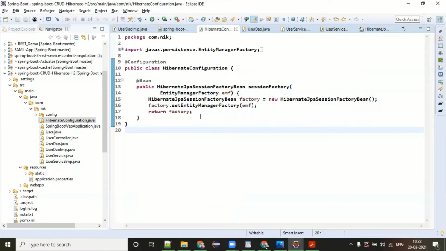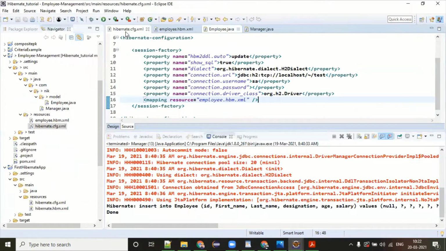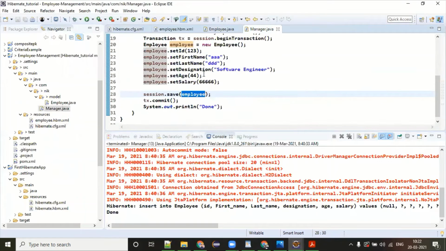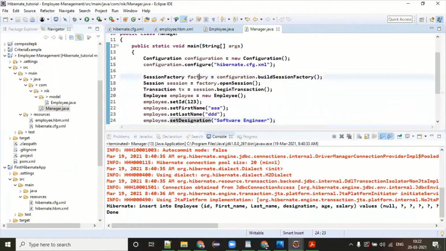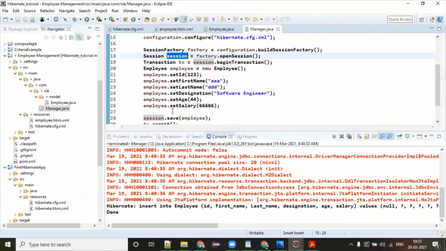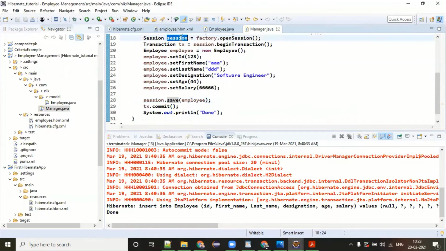So the idea is we have to get a session factory. In fact, if you look at my Hibernate application also, without a session factory object you cannot proceed in Hibernate. So we have created the session factory, and once we get it, we can easily get the session, and all the methods like save, update, delete come from this session.